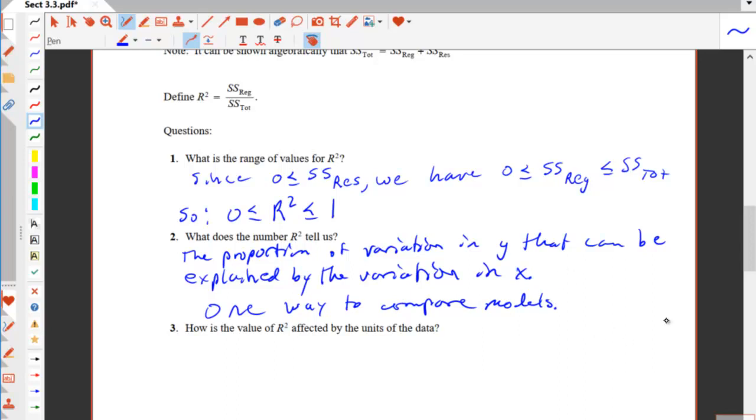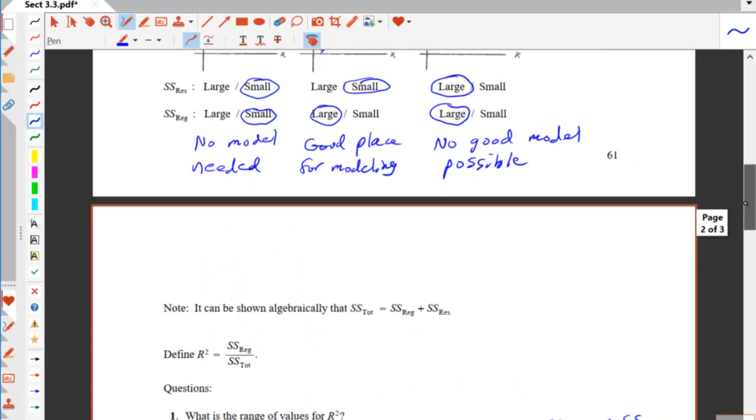And third concept question: how is the value of R squared affected by the units of the data? Suppose I measure people's weights in pounds, and then I go to Canada and they say, no, we want to measure weights in kilograms. So I do my data conversion, but what does that do to the R squared if I'm comparing weights and heights? Well,